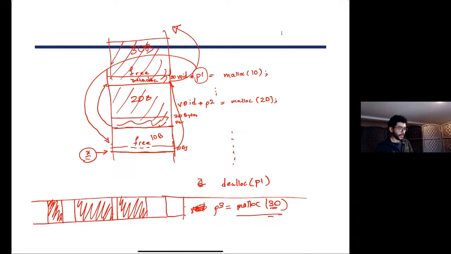So after a while, this is how your heap will look. Some areas are allocated, some areas are free, and then the operating system has a data structure to track all of this. It has to know which areas are free, which areas are allocated,